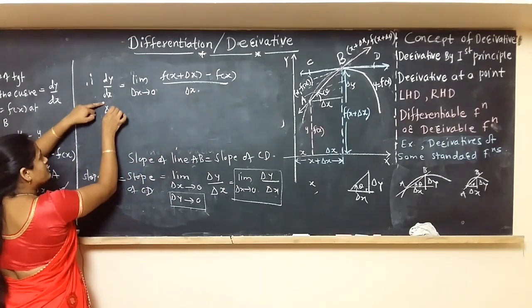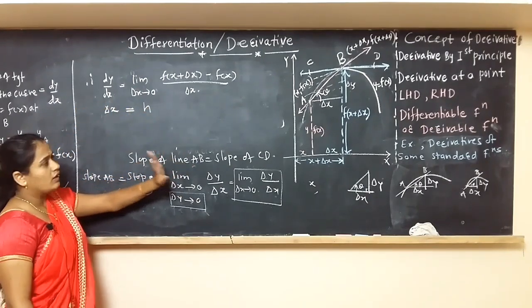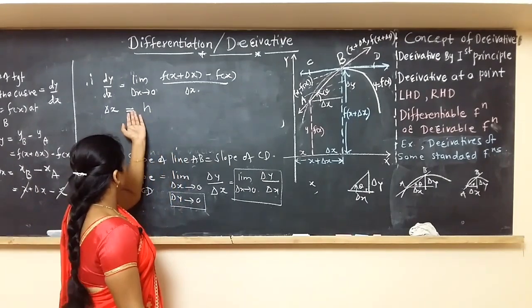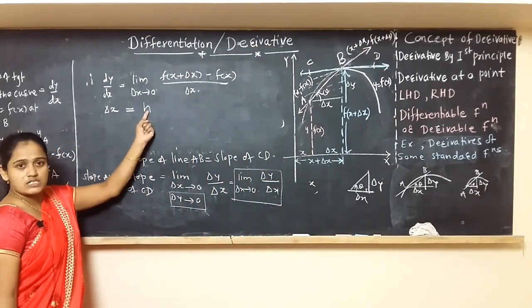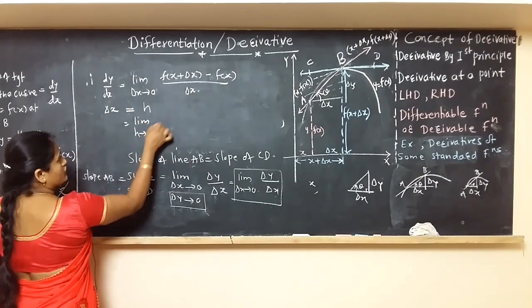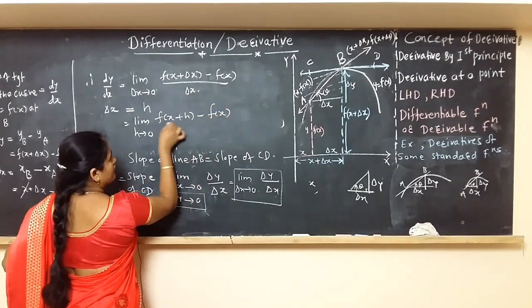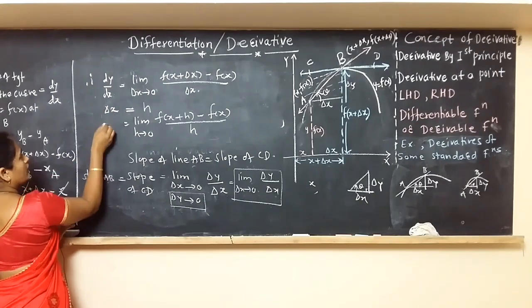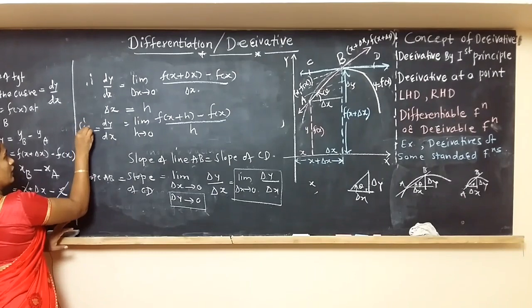In most of the times this delta x is denoted by using symbol h. In our book, the delta x, the change in x that we have taken, it is represented by small h. So the same definition is converted like this: limit h tends to 0, f of x plus h minus f of x upon h. So this is the dy by dx, or we also denote this by using symbol f dash of x,